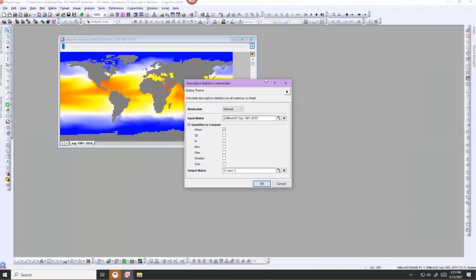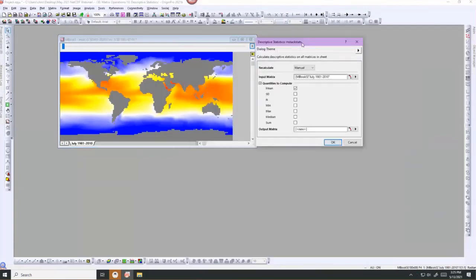I have many options here. The first thing we're going to do, again, if you're familiar with Origin and working with operations in Origin, like statistics or fitting or whatever, we want to set our recalculate to auto. So when the original data changes, my analysis will update. Now, what do I want to compute? We have many statistics here, but I am mainly just interested in the mean. Lastly, I want to specify an output. I have options here. I could replace the input, but we're not going to do that. I could put it in a new sheet or a new book. And I'm going to just put it in a new worksheet